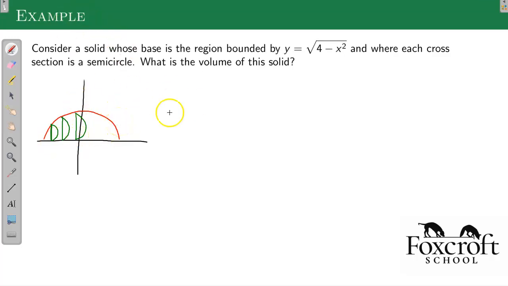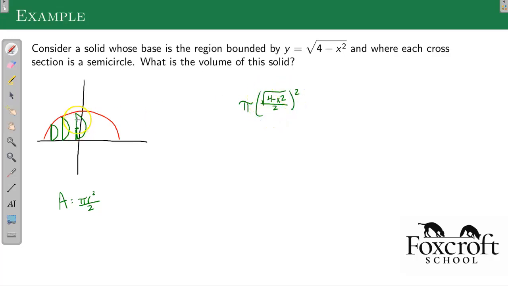So we know we've got to find the area of one of these semicircles. The area of a semicircle is pi r squared, but then you have to divide it by 2 because it's a semicircle, not a whole circle. So my area is pi. My radius of my circle is the square root of 4 minus x squared over 2. That's the radius of my